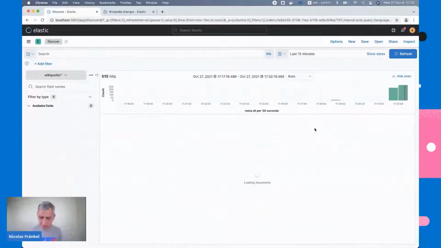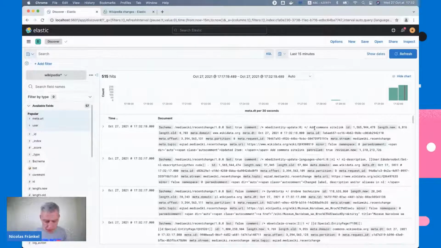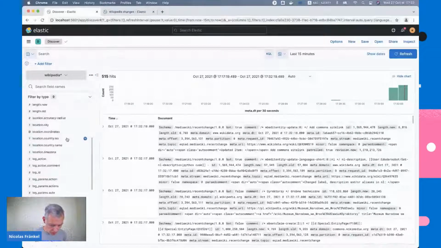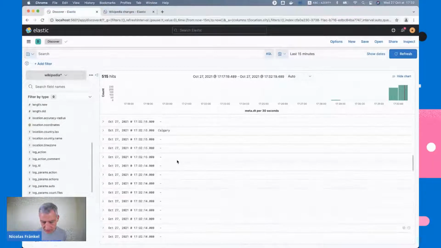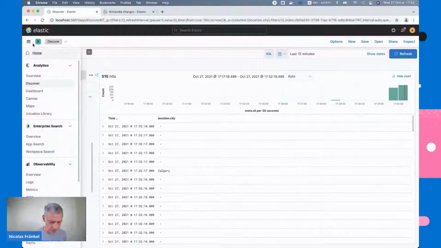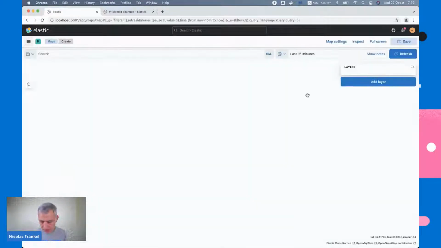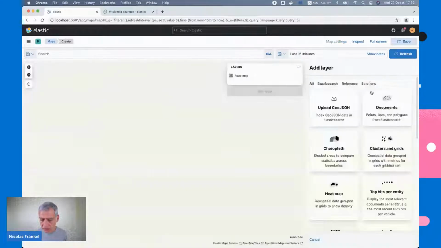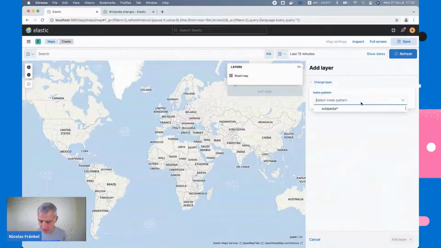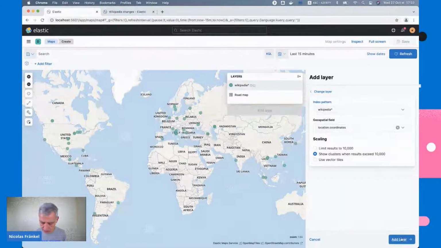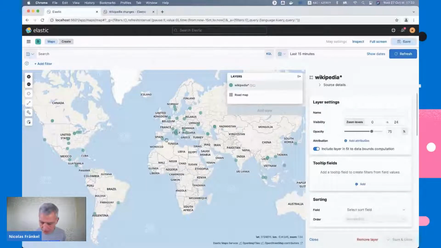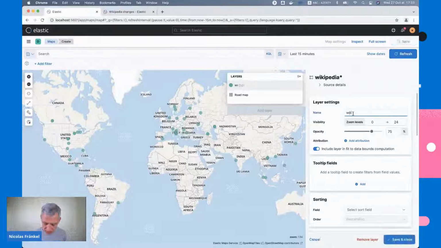I was too fast. So now I'm on the same page, but now I can understand the more important stuff. So I've got the location country name, or let's say location city. And it's quite interesting, but now I'm finally able to go to the maps. So I can go on the map and do the same that I did before, but now it will be a geopoint, so it can be located. So I click on Wikipedia, and now you can see I've got this, and this allows me to go further. You can already see on the map. I will tell it that it's Wikipedia.